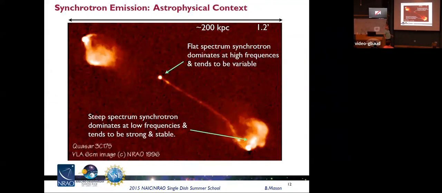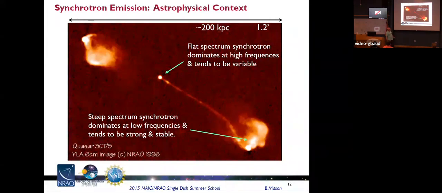AGNs, I assume you've seen pictures of these, are quite spectacular. But things to keep in mind: the cores of AGNs can be highly variable, and they can be bright at high frequency. So for very high frequency calibrations, like at 3 millimeters, we use the brightest radio sources, and they're super bright down in the cores, but they're very variable. So they're not stable, and not very good as calibrators, so you have to track them. The lobes themselves,